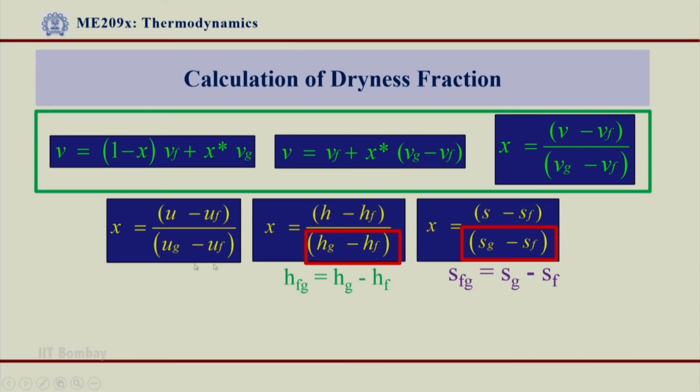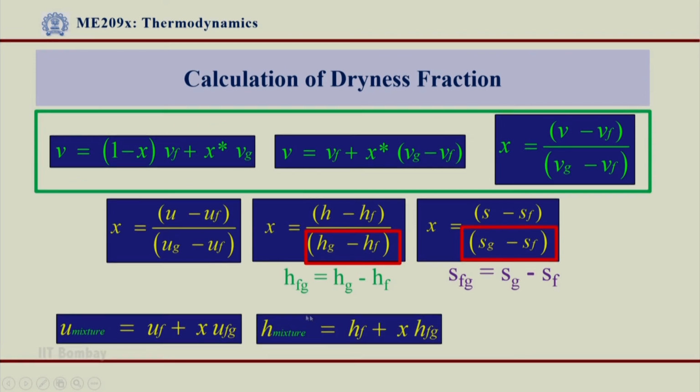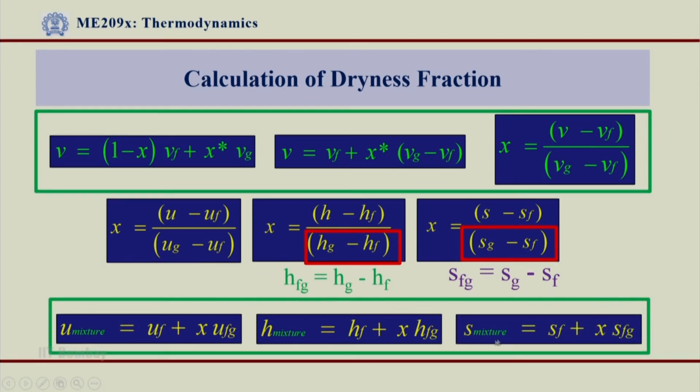Alright. So, once I know these expressions, and once I know the value of x at a given pressure and temperature, I can compute enthalpy, entropy, thermal energy or specific volume. The properties of any two phase mixture can now be obtained using this dryness fraction. The rest of the properties I need are basically the saturated liquid value or the saturated vapor value. So, I can compute the thermal energy of a mixture as u equals uf plus x ufg, the enthalpy of a two phase mixture as h equals hf plus x times hfg, and similarly the entropy of a given two phase mixture as s equals sf plus x times sfg.